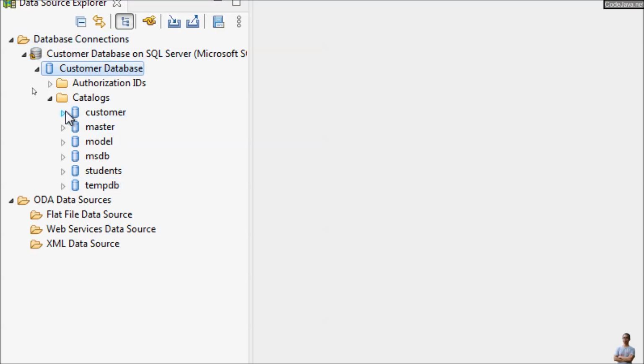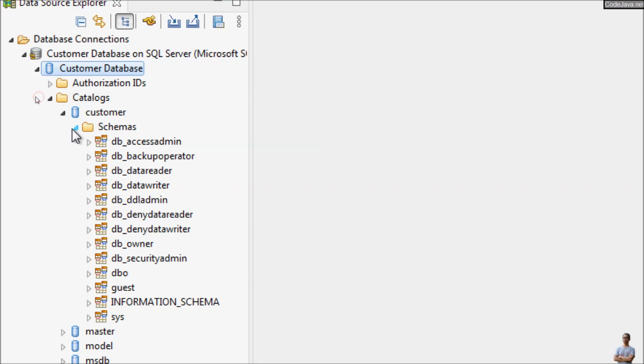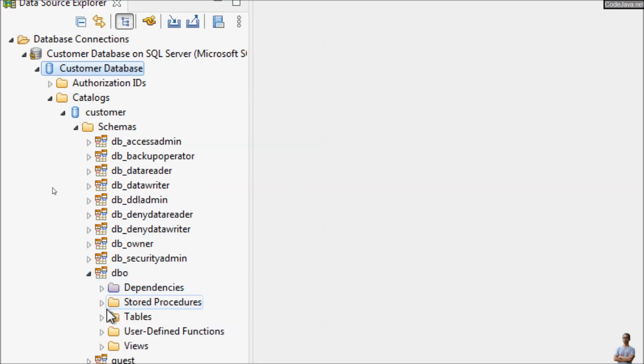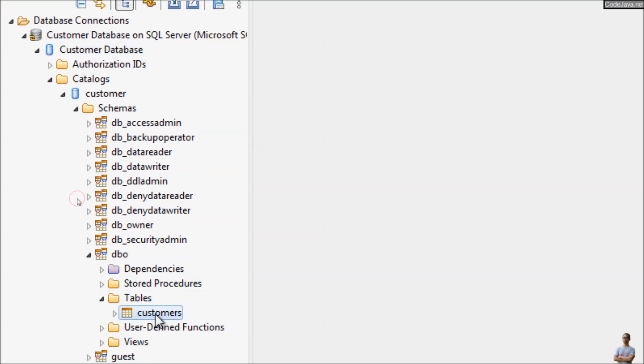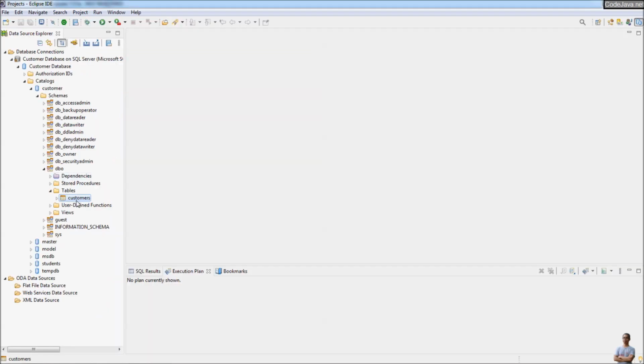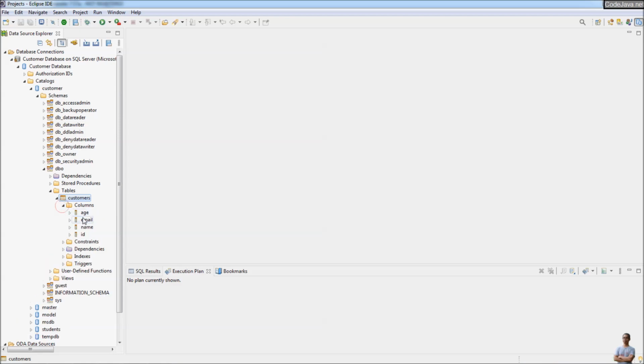And the customer catalog is the database which I want to work on here. Schemas here, dbo, and you can see the table customers here. This is exactly the table which I want to work on to manage the data in this table. You can see the columns here,